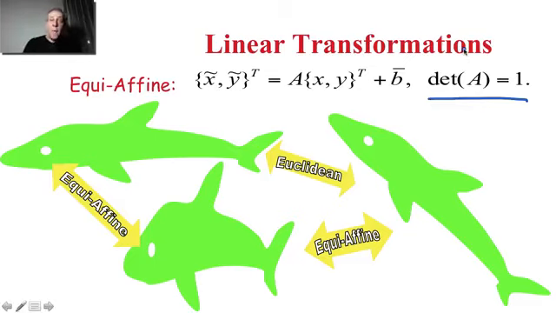Now, these are the type of linear transformations. We're not going to discuss nonlinear, where I can take x and square it, or take log y, things like that. We are only discussing multiplying by a matrix, so that means a linear transformation. So we have Euclidean and we have affine, normally equi-affine. So now that we know that we can rotate, stretch, and do things like that to curves, meaning to shapes,